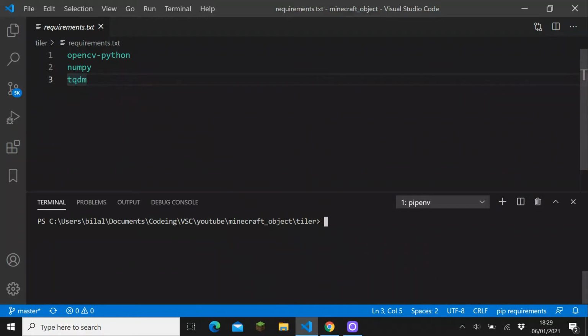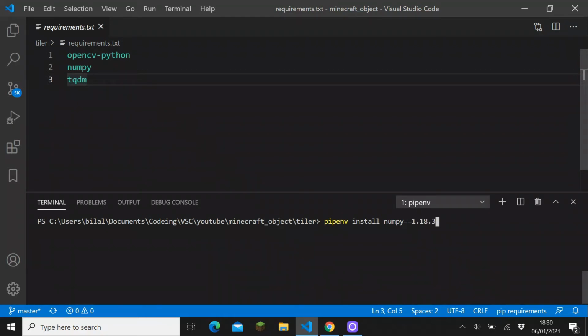So what we'll do is pipenv, and this is where our virtual environment comes in. So we will do pipenv install, and then what we'll do is numpy, which is this name. What we have to do is numpy equal